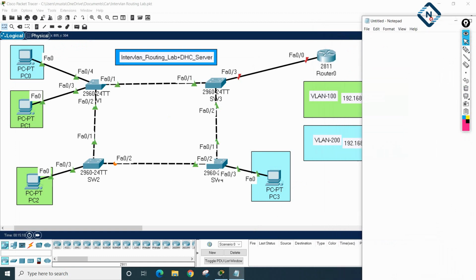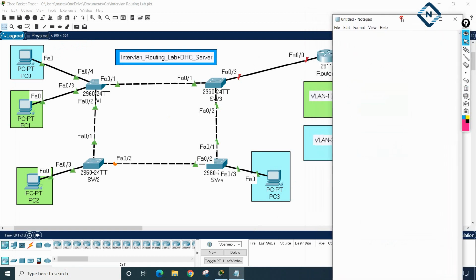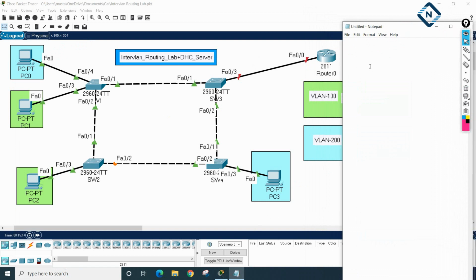So let me take the notepad. We are going to do the configuration here. I will write here inter VLAN routing lab with DHCP server. I am making the router a DHCP server.